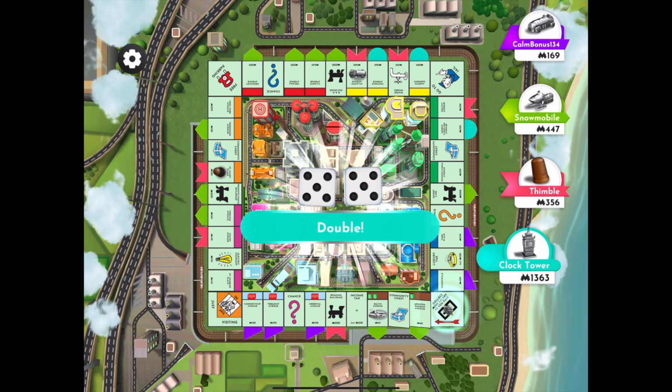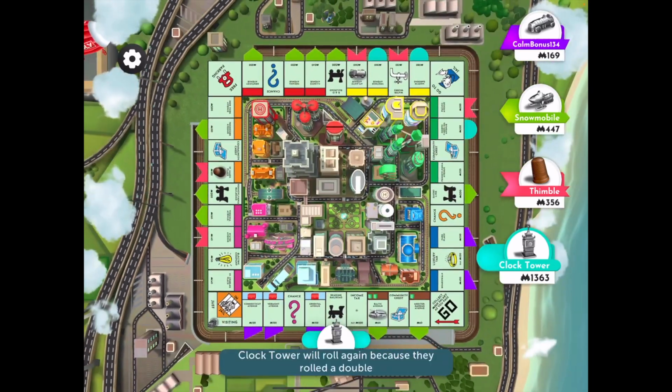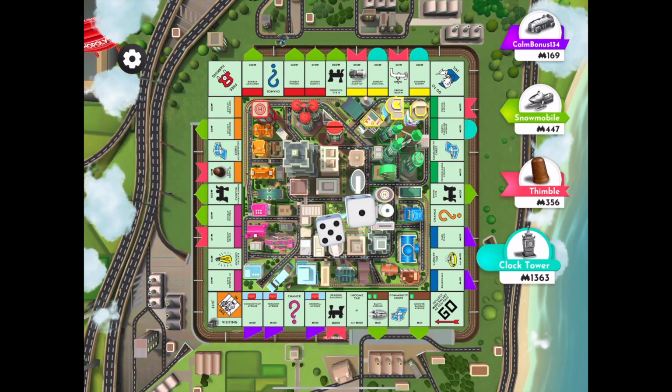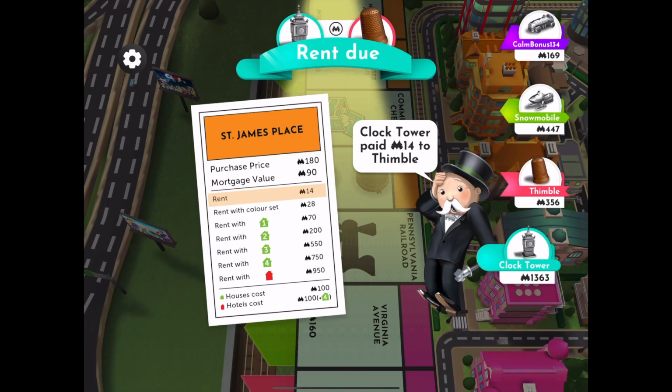It is time, doubles. Who got doubles? Oh, Clock Tower. So he didn't even land on me. Oh, curses. And he got doubles, so he gets to go again. And so he does. And he plays, and he